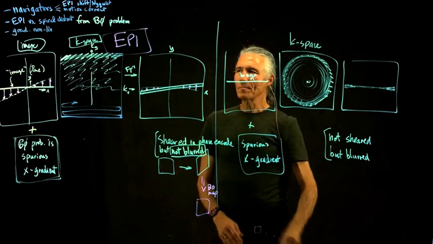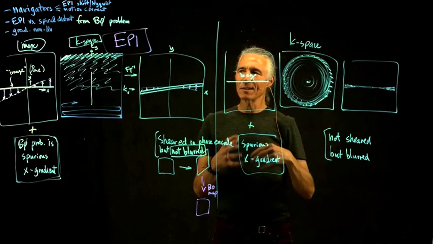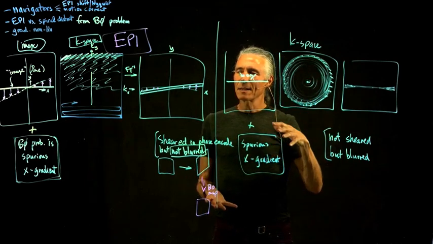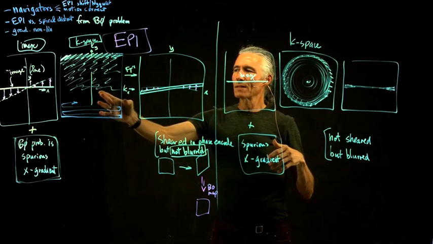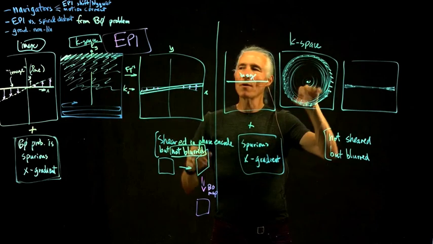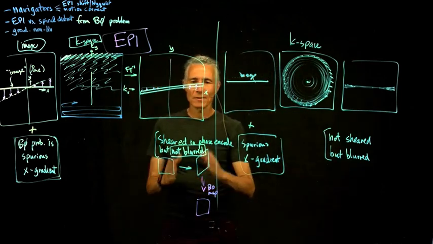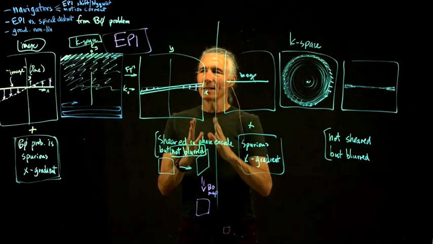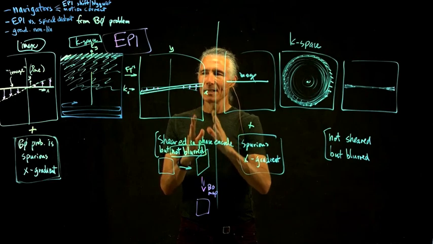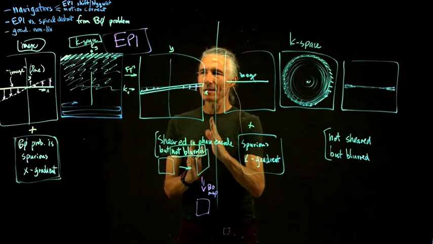So the bottom line is that when you're doing these scans that take a long time to collect the data, you'll get different kinds of distortions depending on what order you collect the data in. So you'll get this typical shearing or shifting motions in the phase encode direction, because this shearing is always going to be in the